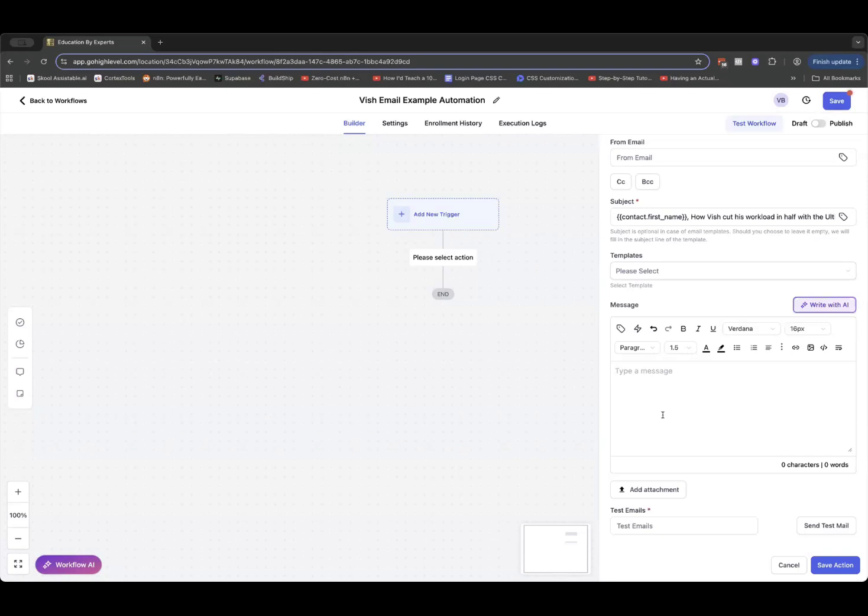And the way that I like doing it is a couple of different ways. You can either use a question or a pain point, right? Now, we've got here a bit of social proof: how we cut workload down in half using the Ultimate Business system, sorry. Or we can use a story hook, like,